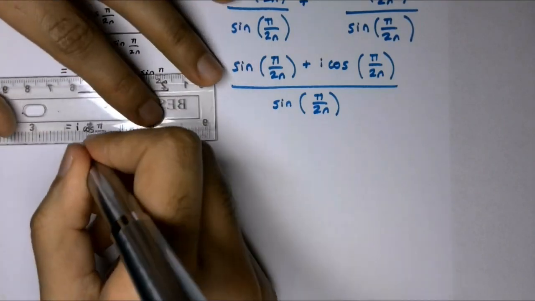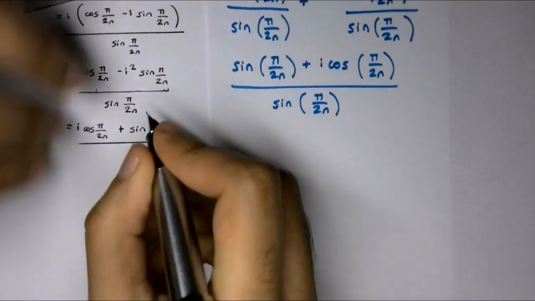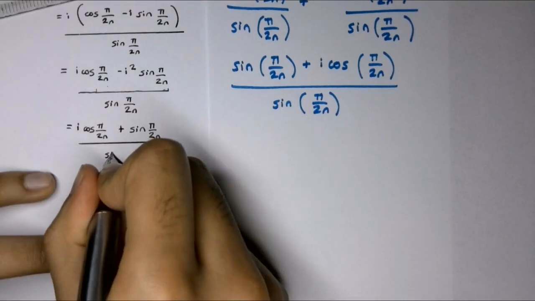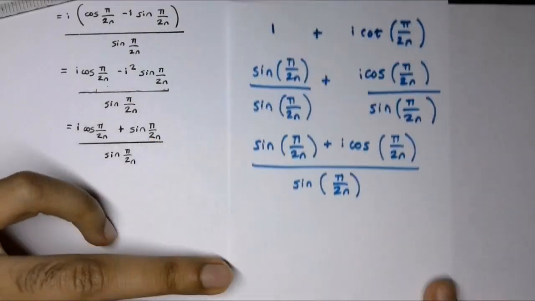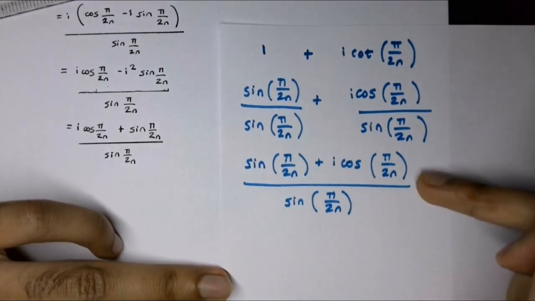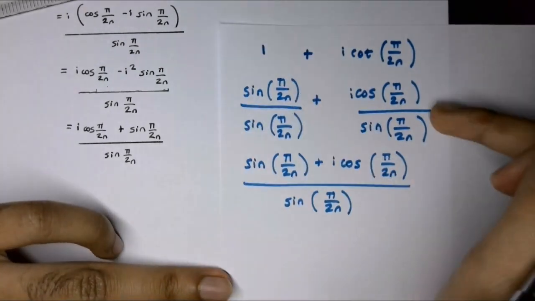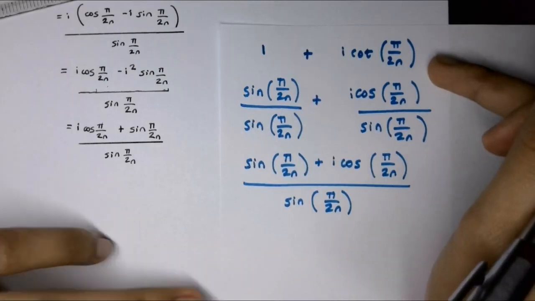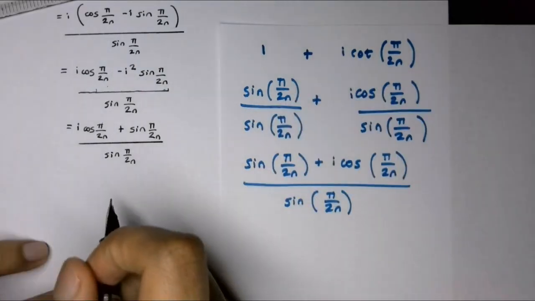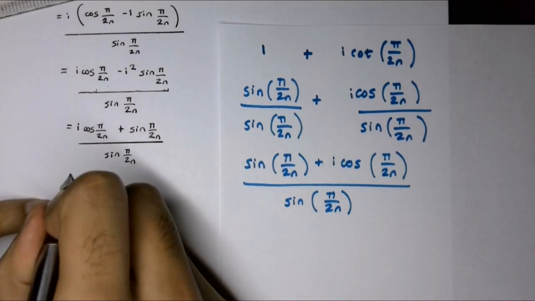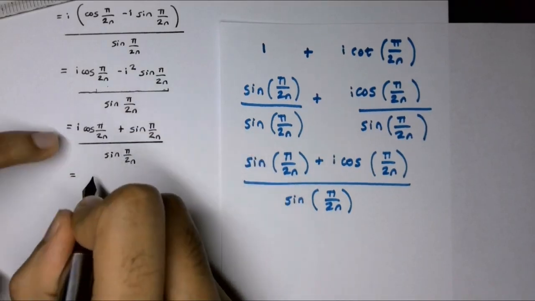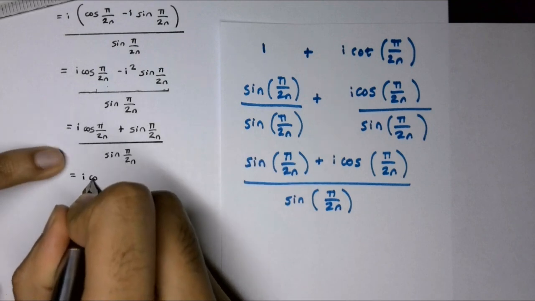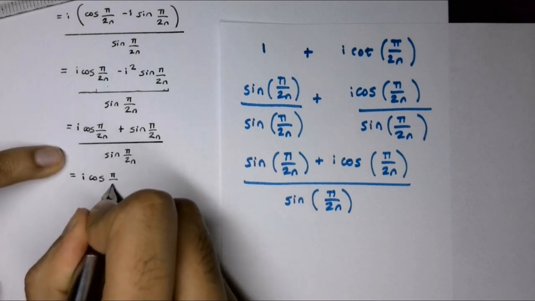And then on the bottom, we have the sine of pi over 2n. Now, all we have to do over here, now that we're at this stage, which is what we have over here, we need to work backwards to get to here. So, if we do that, we have i cos of pi over 2n